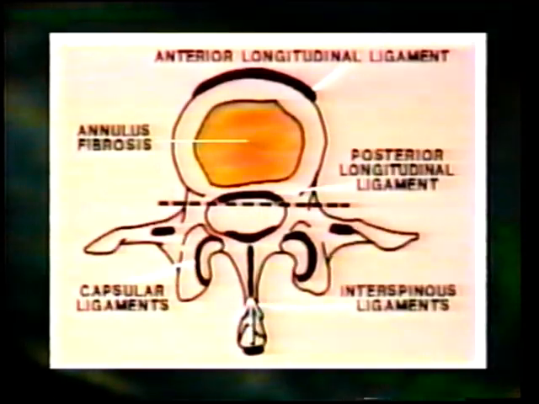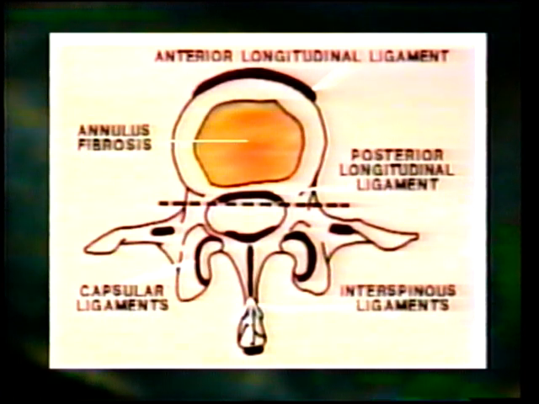There are a number of ligaments in the spine that we're all aware of that assist in creating stability in the lumbar region. The anterior longitudinal ligament is one of the largest and strongest ligaments in the body. As we come posteriorly, we really have another ligament, which is the annulus fibrosis, and the nucleus. Then we come to the posterior longitudinal ligament, the ligamentum flavum, the intertransverse ligaments, the capsular ligaments, and finally the